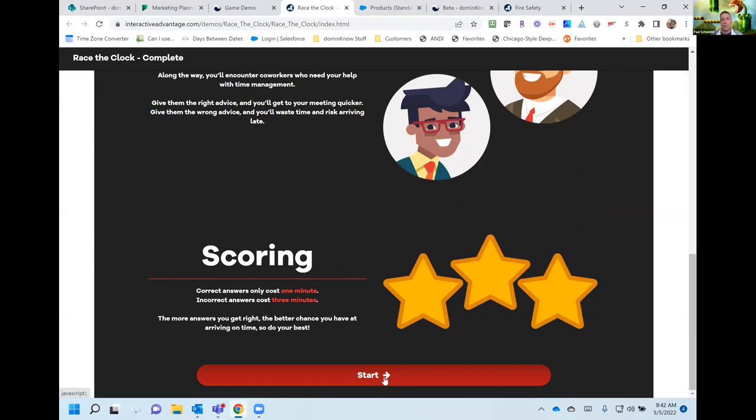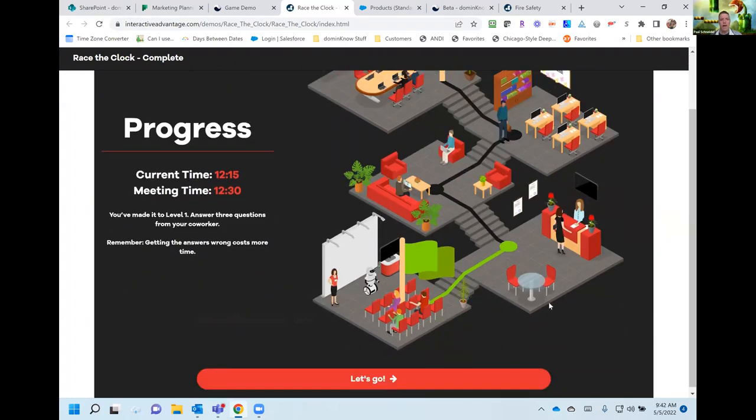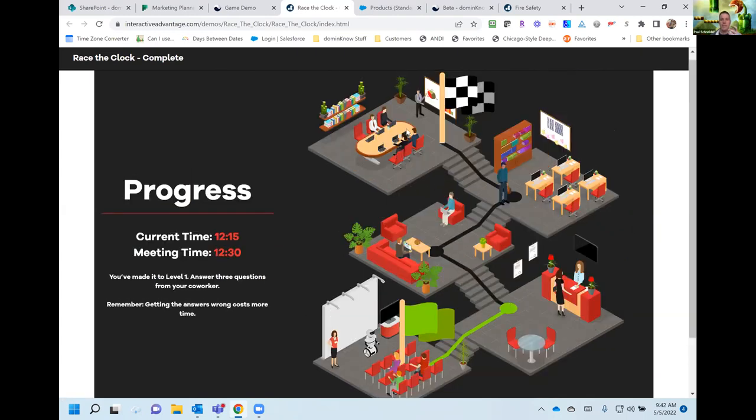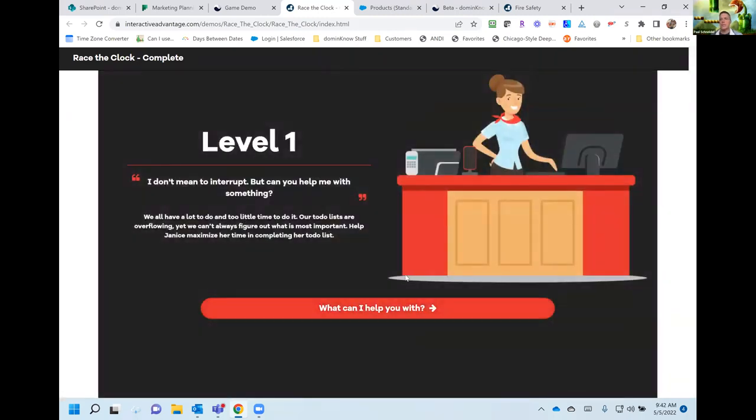And just like the real world, it's not all or nothing. You have your time in this case. It doesn't force you to have a countdown clock, but you're earning time or losing time based on your choices. And it's also giving you that idea of progression. How can I get to the end of the day, that meeting, and not be late for that or the other elements in it? And as you come in here, you're presented with a scenario, which is a character